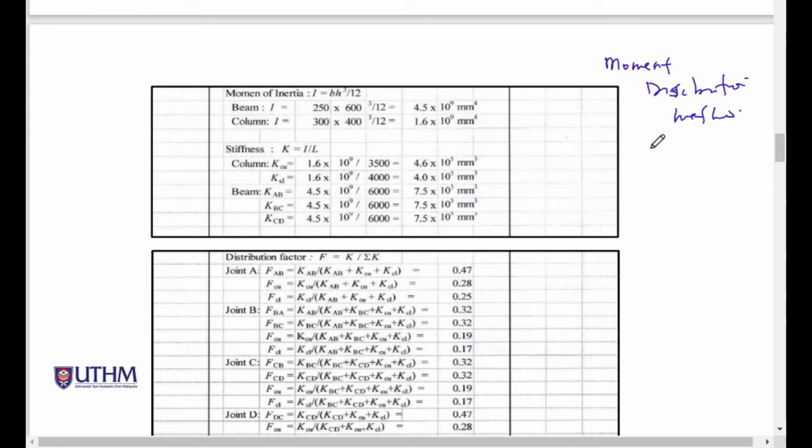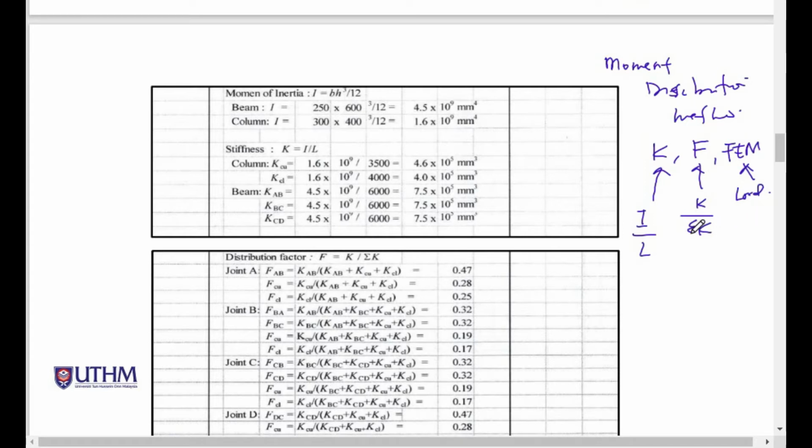Okay, so under this moment distribution method, you need to know the K value, then next is the distribution factor and also the fixed end moment. These are important values, and to get K, you need to know the moment of inertia. When the moment of inertia for each span is divided by L, this is stiffness. K is stiffness, and F is the distribution factor. Distribution factor is the stiffness divided by total stiffness, and this is FEM based on the loading,